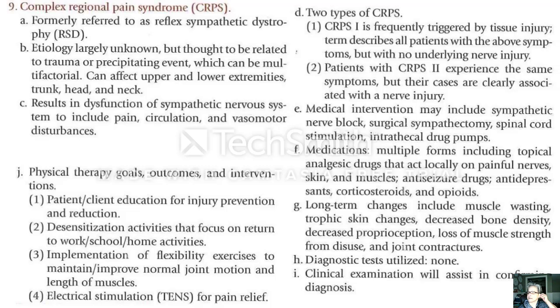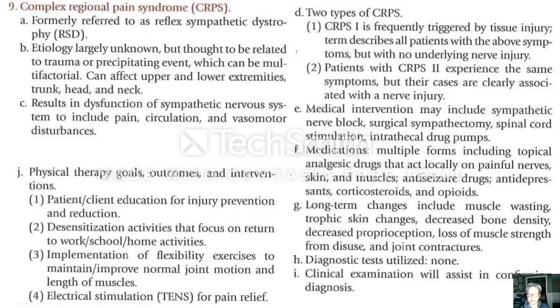Patients with CRPS2 experience the same symptoms, but their cases are clearly associated with a nerve injury. Mechanical intervention may include sympathetic nerve block, surgical sympathectomy, spinal cord stimulation, intrathecal drug pumps. Medications include multiple forms, including topical intralesion drugs that act locally on painful nerves, skin, and muscles, anti-seizure drugs, antidepressants,